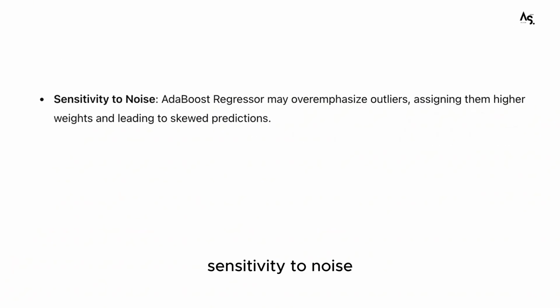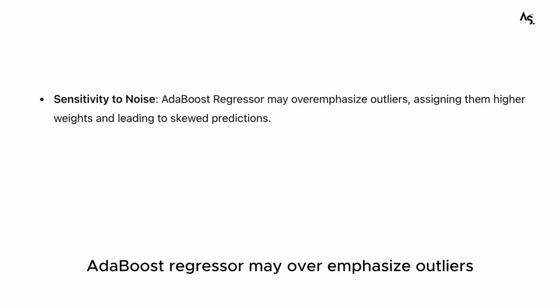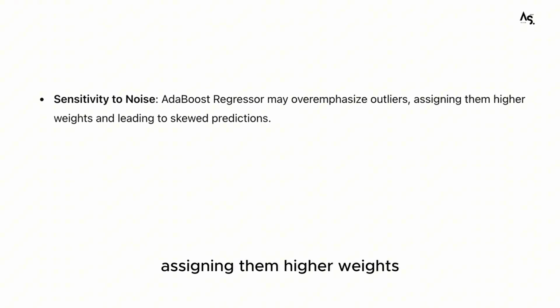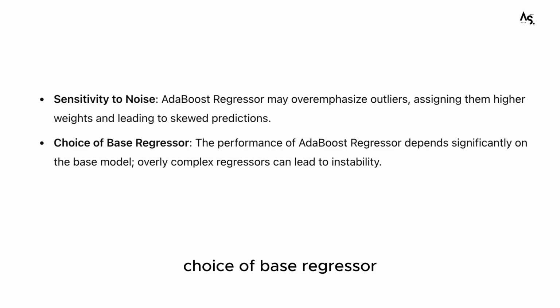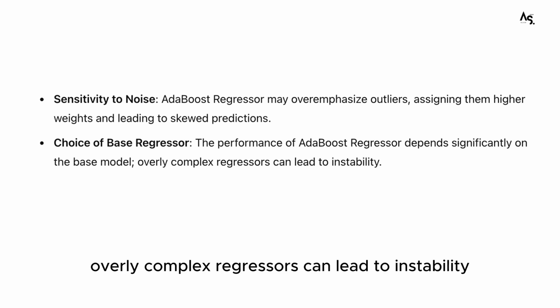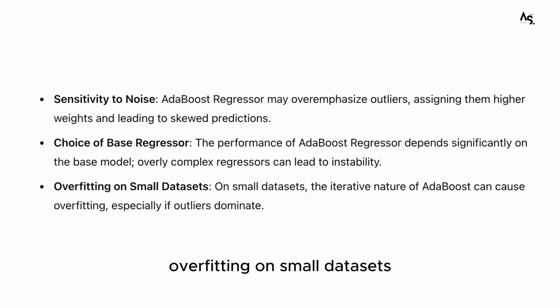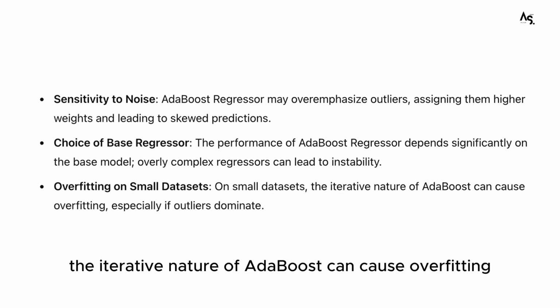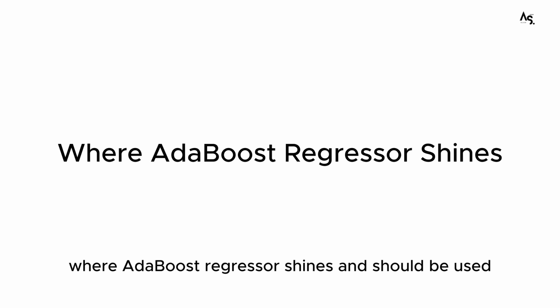Common pitfalls and misconceptions. Sensitivity to noise. AdaBoost Regressor may overemphasize outliers, assigning them higher weights and leading to skewed predictions. Choice of base regressor. The performance of AdaBoost Regressor depends significantly on the base model. Overly complex regressors can lead to instability. Overfitting on small datasets. On small datasets, the iterative nature of AdaBoost can cause overfitting, where